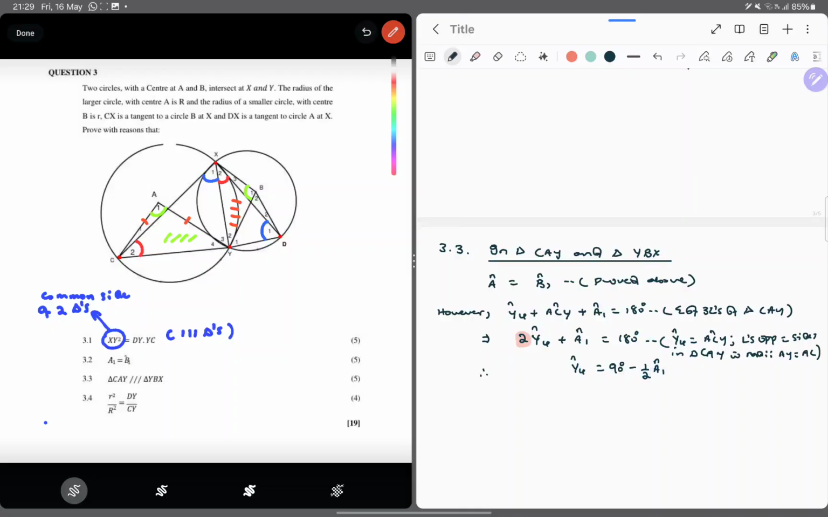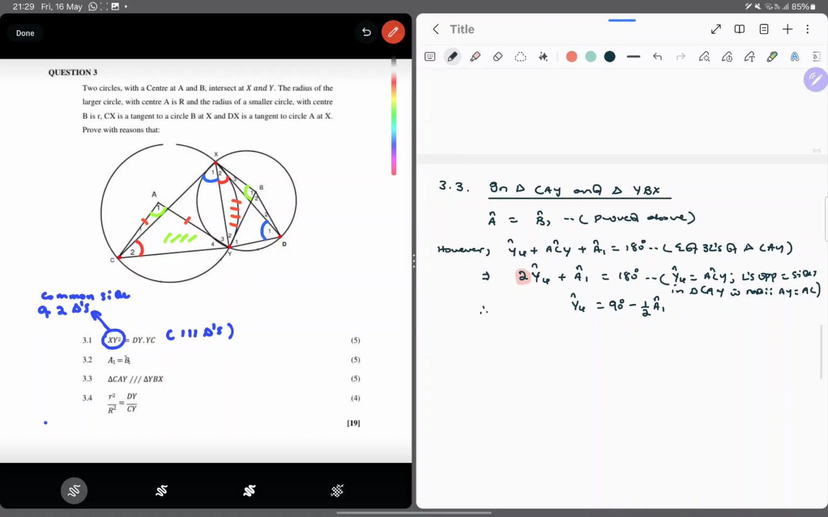So this is just simple transposition or operations, whatever you call it. Nice and easy. So what are we trying to get to? We will say likewise, because this is a similar story. Likewise, we understand and fully appreciate that angle Y2 plus angle BXY plus angle B1 should give us 180 degrees. Why? This is the sum of 3 angles of triangle YBX. Okay, nice and easy, which implies that 2 times angle Y2 plus angle B1 should be equal to,